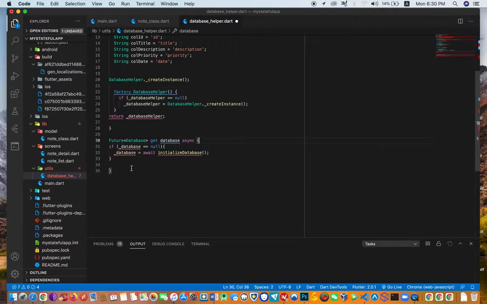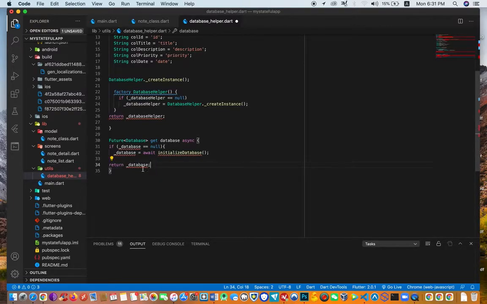Okay, so this is what the getter for our database async Future does. And then what we're gonna do next is to look at our Future await as well. So for the Future await, we need to return this database, since it's taking the return type of the database. So here we need to have a return of underscore database, this one. Okay,